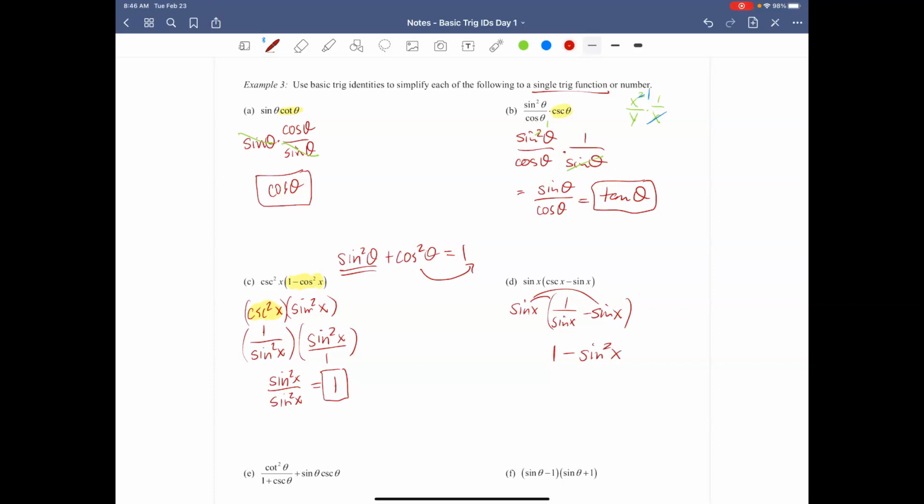Finally, what we're going to be able to do is recognize this as one of our rearrangements of our first Pythagorean identity. That was why it was so important that we did example 1, so that we could train our eyes to see this expression right here as being the same thing as cosine squared of x. And so again, going back to this original Pythagorean identity right here, what has happened now is that we have taken the sine squared of theta and moved that to the other side so that cosine squared of theta is by itself. And so that's how we're able to rewrite 1 minus sine squared of x simply as cosine